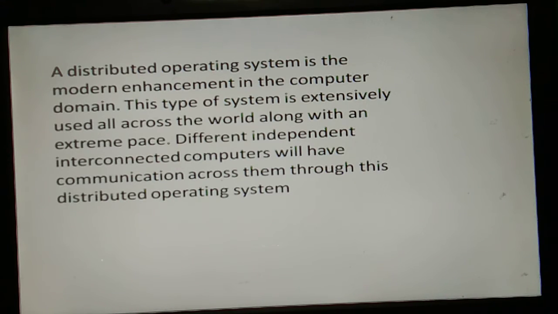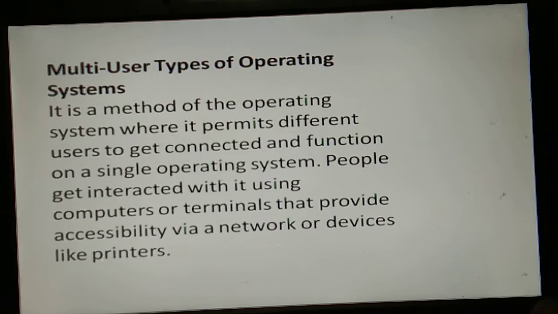So this type of system is extensively used all over the world with the help of various types of devices like internet facilities, modem, etc. Next one is the multi-user operating system. This system allows more than one user to use the same computer at the same time.